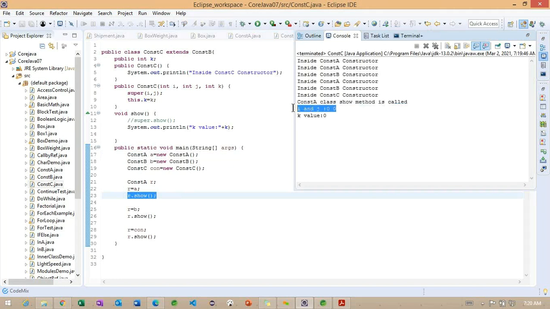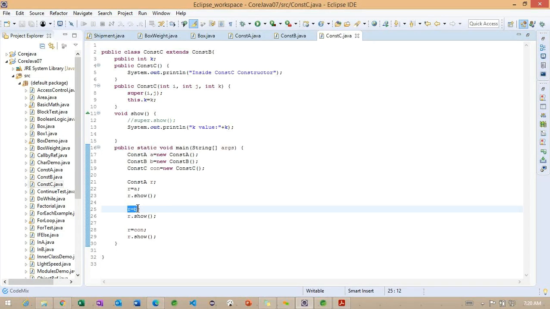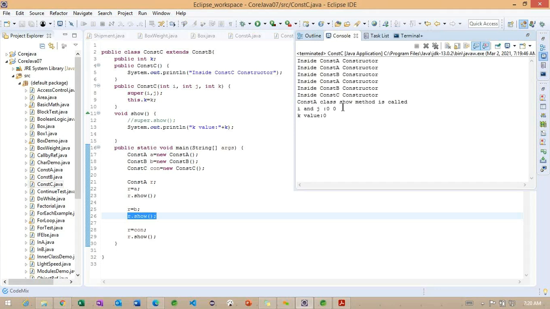And check one more here, r is equals to b. The b class reference we are assigning into the r class. So when we are calling r.show, instead of calling the superclass, what is it doing here? The constructor b show method is executed, and the values we are getting are 0. Getting the point.